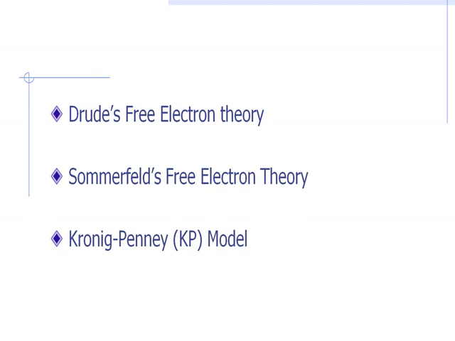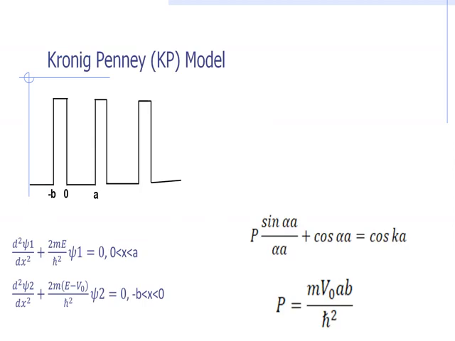who say that electrons are not free inside the lattice; rather, they are in a field, in a potential created by the atoms. The approximation here is that the potential in the lattice is periodic and is a rectangular potential, as shown in this diagram, which has a periodicity of a plus b, and consists of two regions. The region from 0 to a has potential energy 0, and the region from minus b to 0 has potential energy